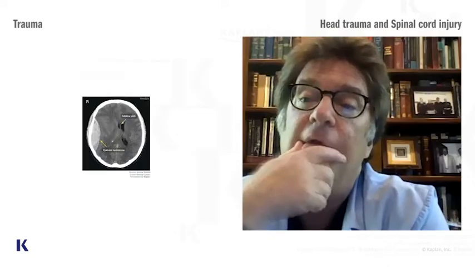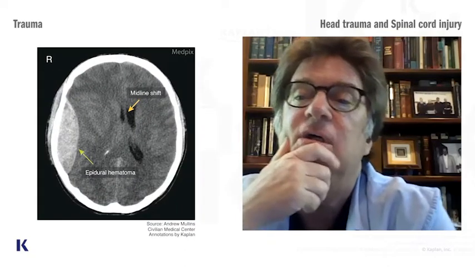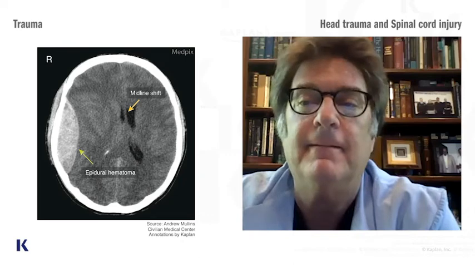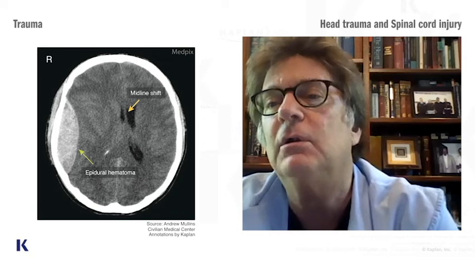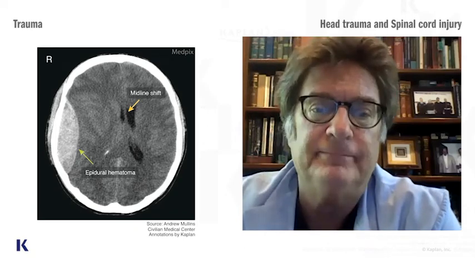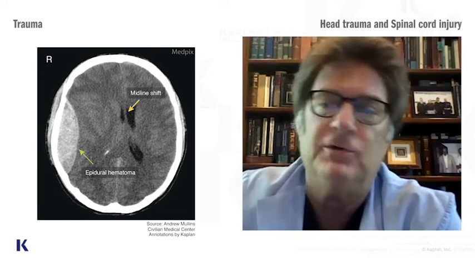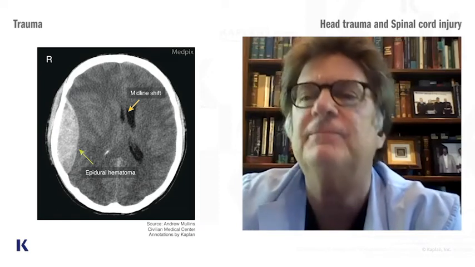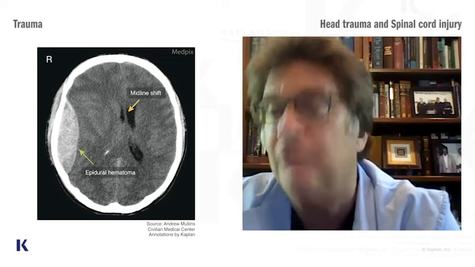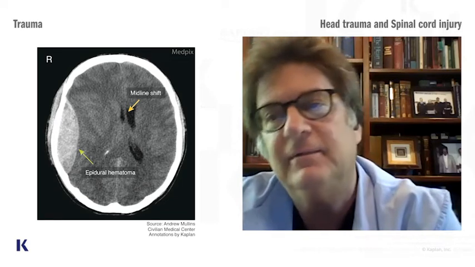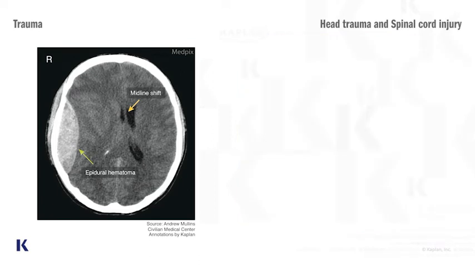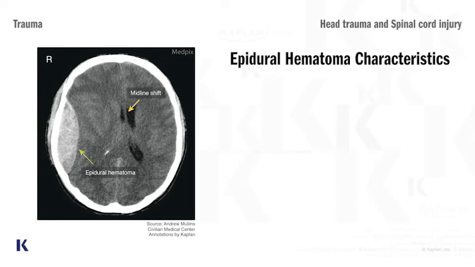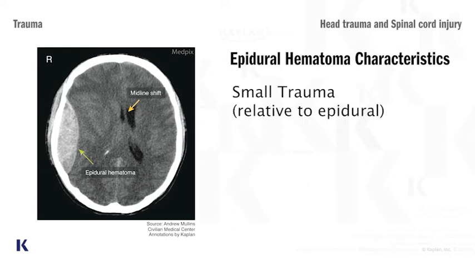So now, let's get into the subject of hematomas. There are two types, basically, of hematomas: epidural and subdural. Epidural and subdural. I'm going to teach you something for the test that you will need to know for the test, but clinically, you will not, and let me explain. An epidural hematoma is generally a small trauma,